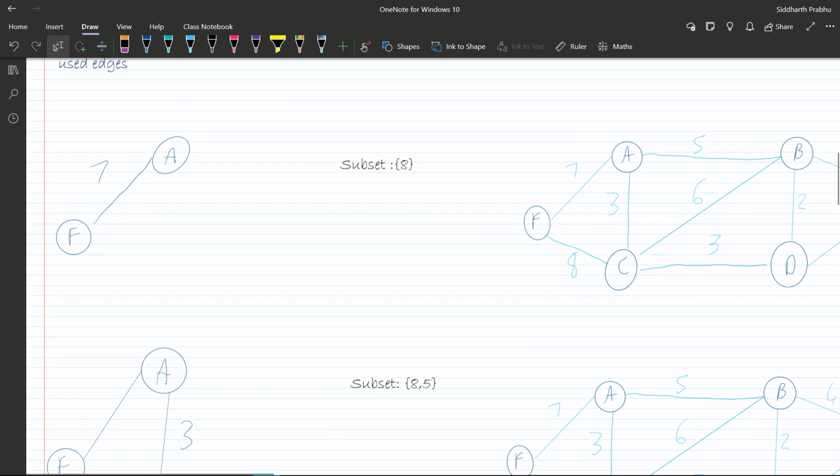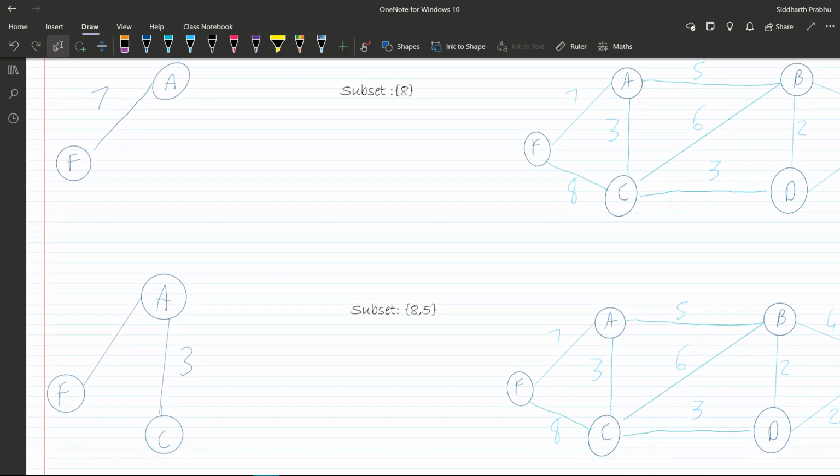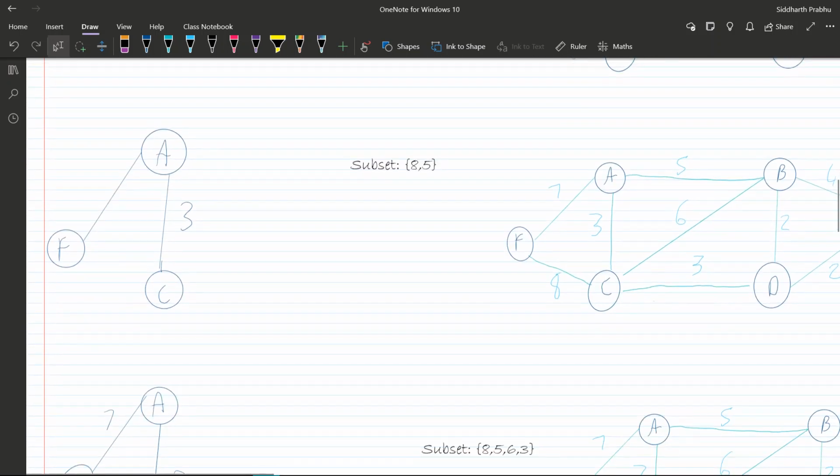Next, when we'll be considering vertex A, you have two options, which you can clearly see: the edge A to C worth 3 and A to B worth 5. But you also have to take into consideration the edge in the subset, which is 8. But as 3 is less than both 5 and 8, the edge A to C with value 3 will be taken into consideration, and 5 will be put into the subset of unused edges.